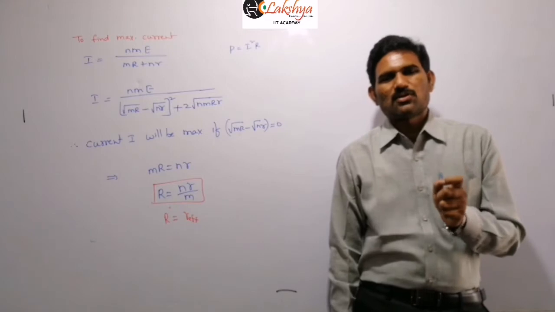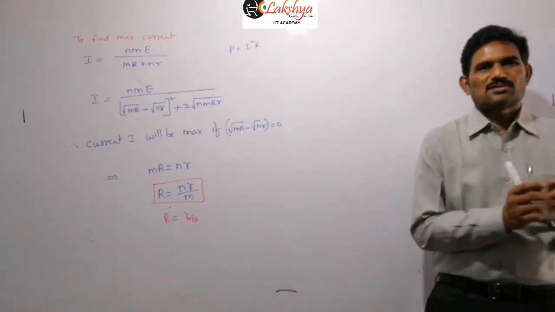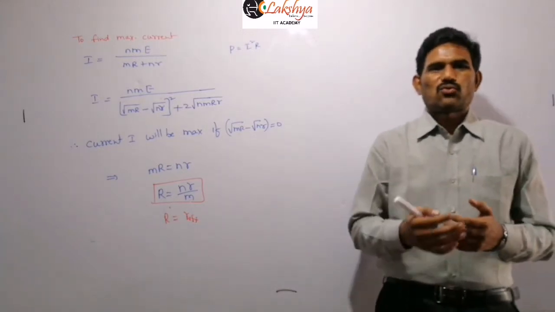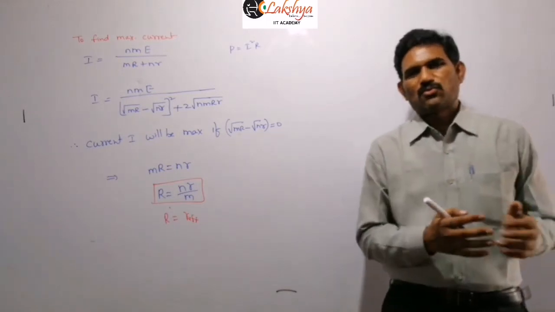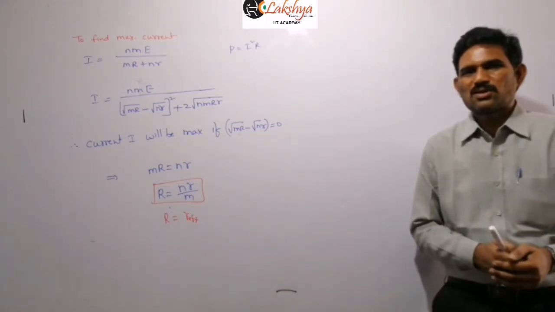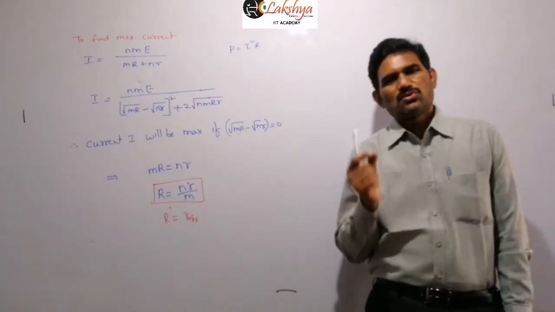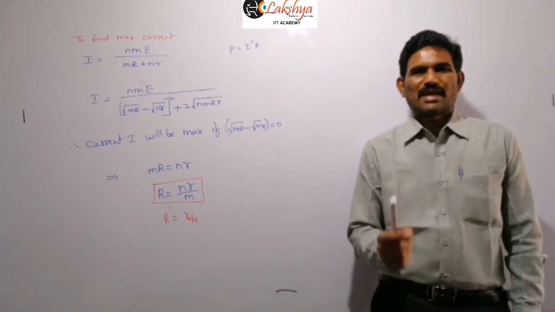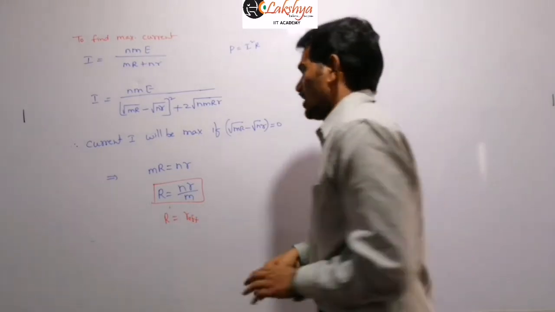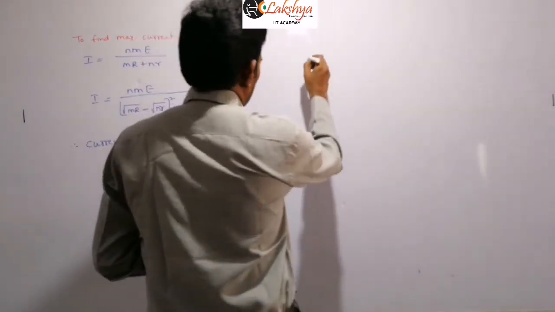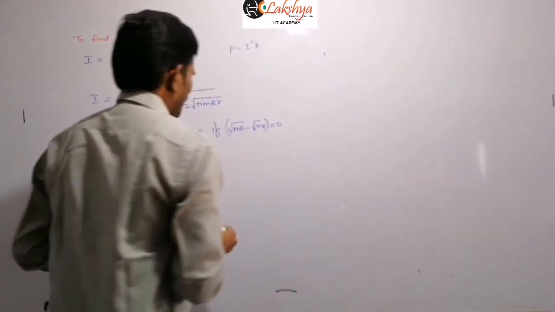You need to remember that also, because in the options they will give like that. Number of cells in each row is suppose some 10, and number of rows are 10. Or number of cells in each row is 20, and number of rows are 5. So they will give such combinations there. So for that you need to remember, after getting these N and M values, what is N and what is M. So N is number of cells in each row and M is number of rows. Now let us see the maximum current calculation. Therefore, and here we draw the graph also here.